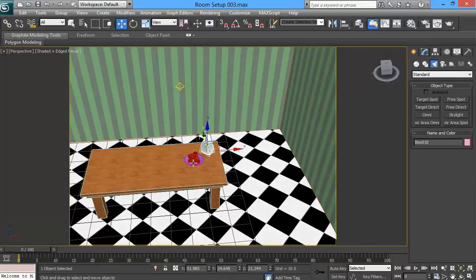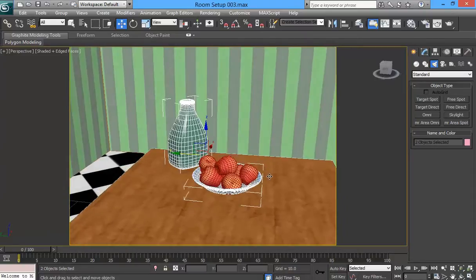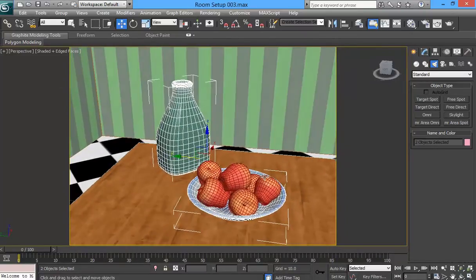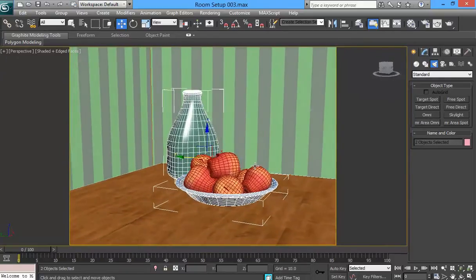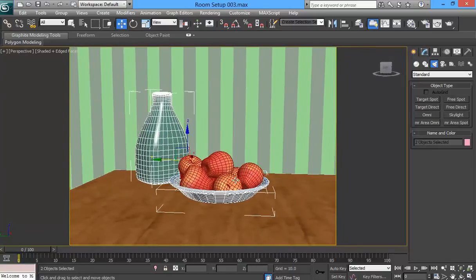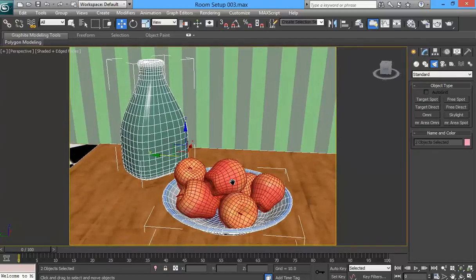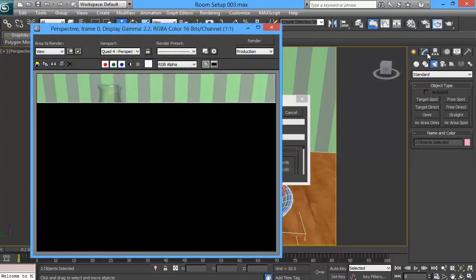So I'm going to select my bottle and my apples. I'm going to hit Z, which is going to zoom in on them, and I'm just going to try to pick something that looks pleasant to look at, I guess. And I don't really like that checkered floor, so I'll just get something a little lower that has the wallpaper in it. Okay, I got a weird tangent there. Alright, so that's going to be my view that I have, and currently if I hit render,